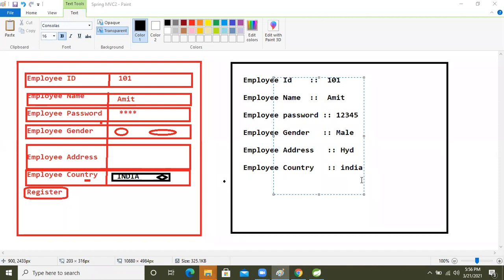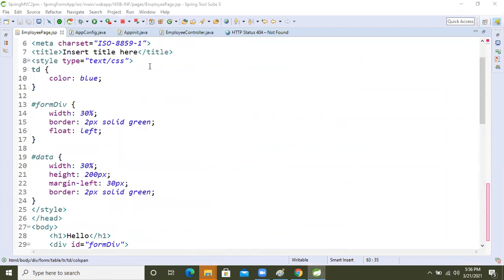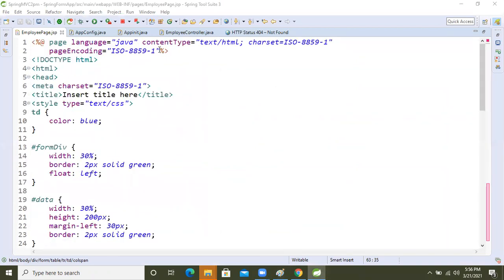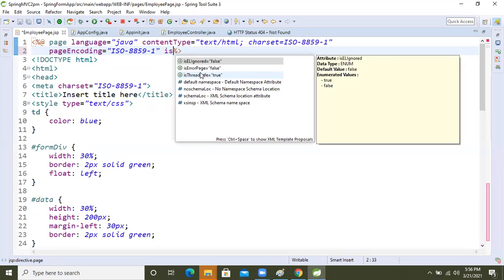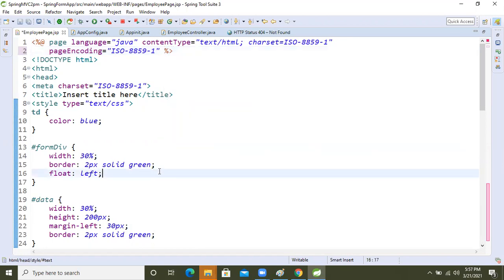You are saying something about isErrorPage equal to true? Let's see. Oh, you are talking about this one. isErrorPage means, if any error comes in the JSP page, then that page will be shown by default.